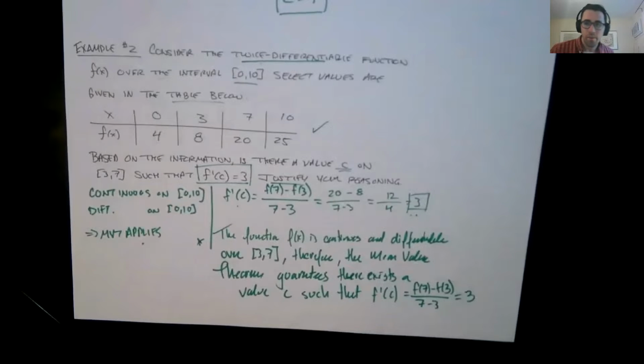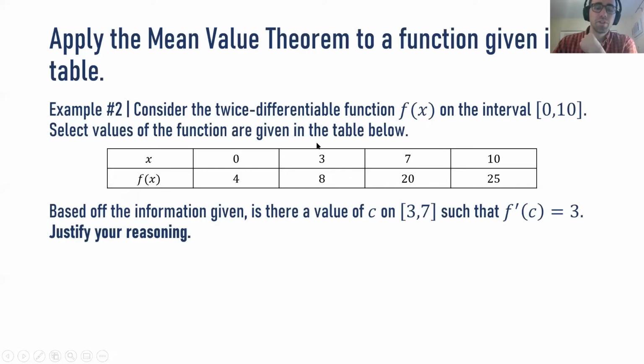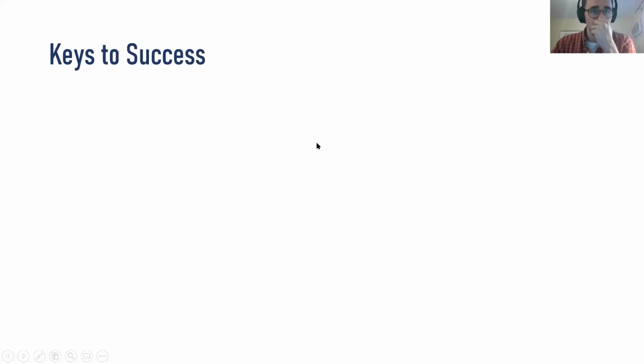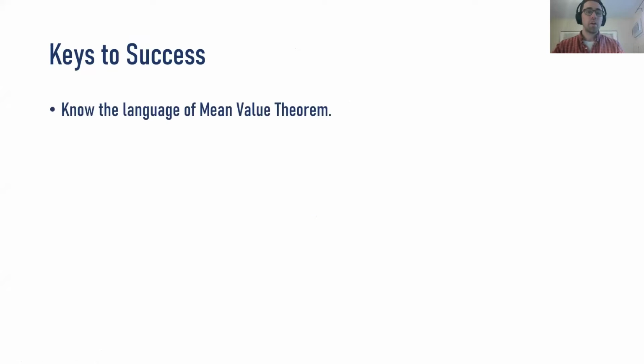So if you need to replay that, beauty of video is you can go back and replay it, slow it down, speed it up, whatever you've got to do. Take it back to the PowerPoint to close this out. We just tackled this example. What are our keys to success, so you know what you need to leave with? You need to know the language of the mean value theorem. Continuous on the closed interval, differentiable in the open interval. Therefore, there must exist a value c such that f prime of c equals the average rate of change over